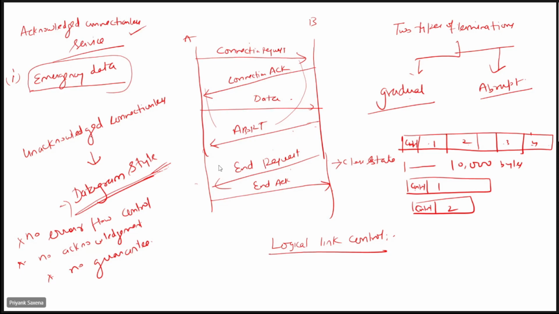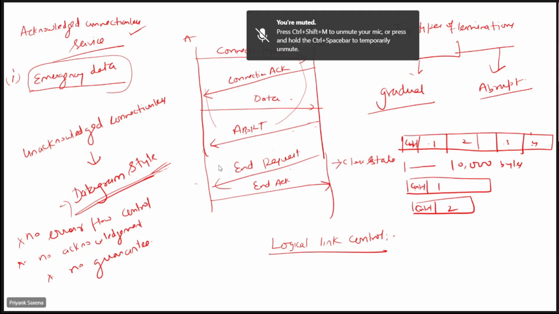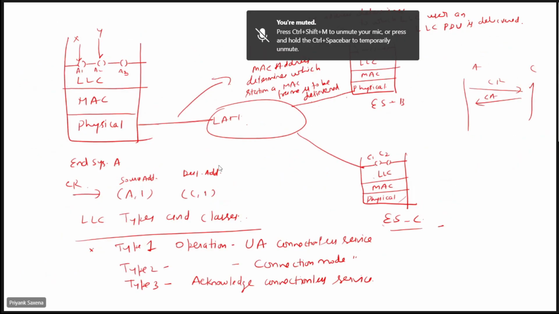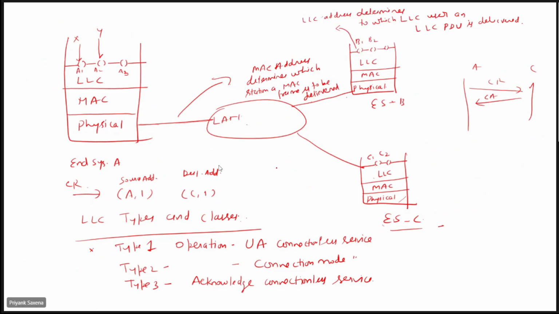Okay, so I hope it is clear that the three types of services provided by LLC have specific applications. So what is the job of an LLC? I told you that this is the LAN, this is one end system A, this is end system B, this is end system C. So you can see that